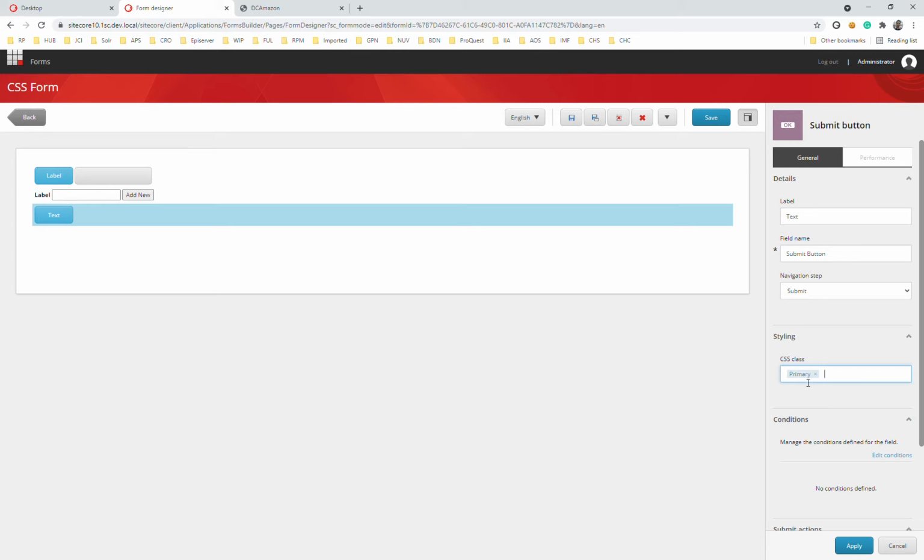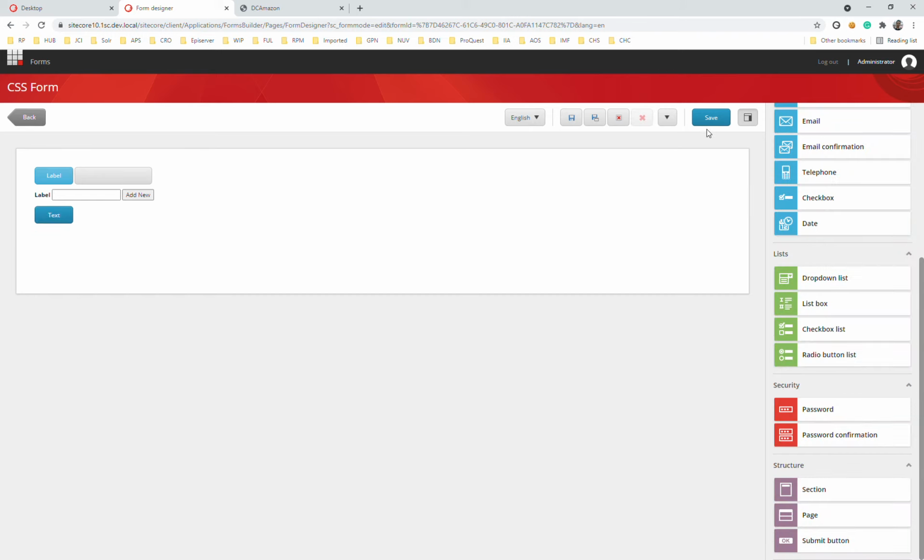You can see that it is showing the class with this name, not the CSS class name. So if the content author does not have the knowledge of CSS classes, or doesn't want to make any typing mistake while writing the CSS classes here, he can just type the name of the class, and it will render the list of classes using the autocomplete. Let me apply that one, and let me save that one.